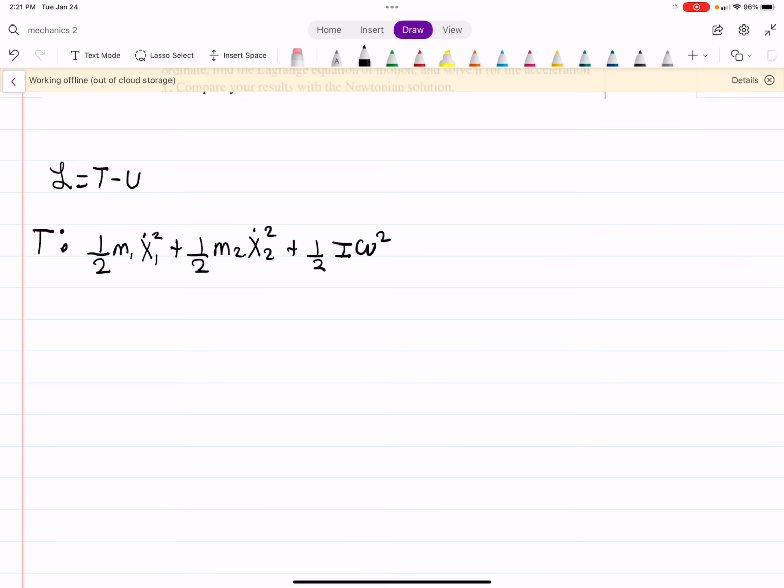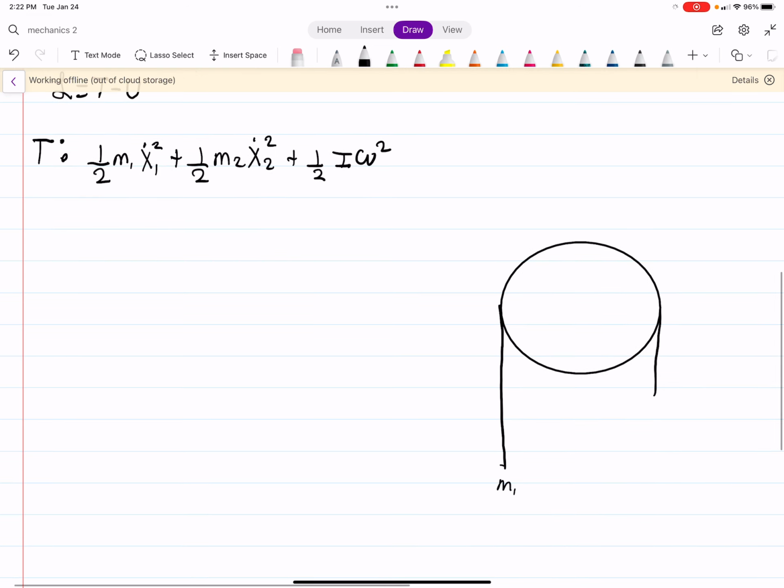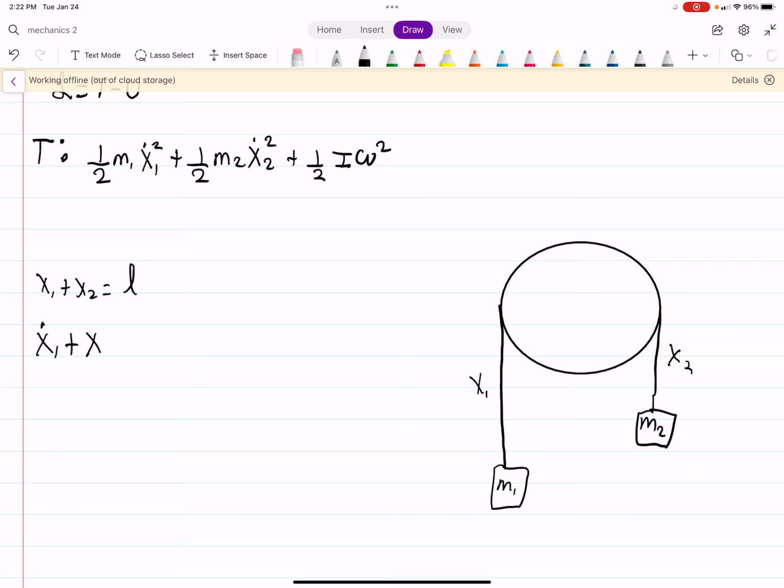Okay, so first off, I wish I had the picture here, but I'll just draw it really quick. So you have some pulley system, and then you have, let's just say, mass 1, mass 2, maybe it's the other way around, but just to get the point across, they're both moving in the same direction. The trick to see here is if we call this x1 and this x2, x1 plus x2 is equal to the length of the rope, which is a constant. That's not changing. So when you take the time derivative of both sides, you see x1 dot plus x2 dot is going to be equal to 0,